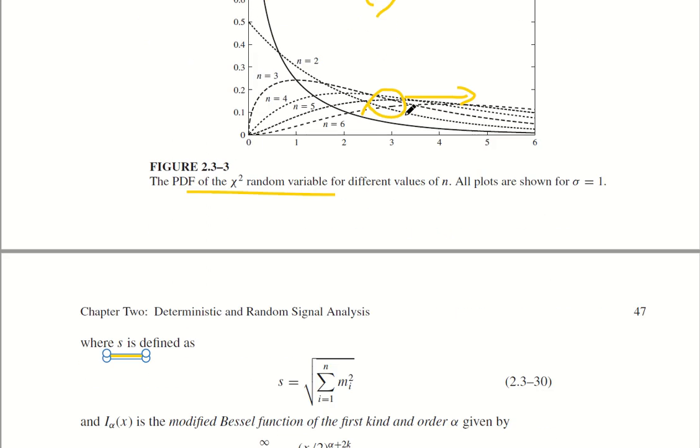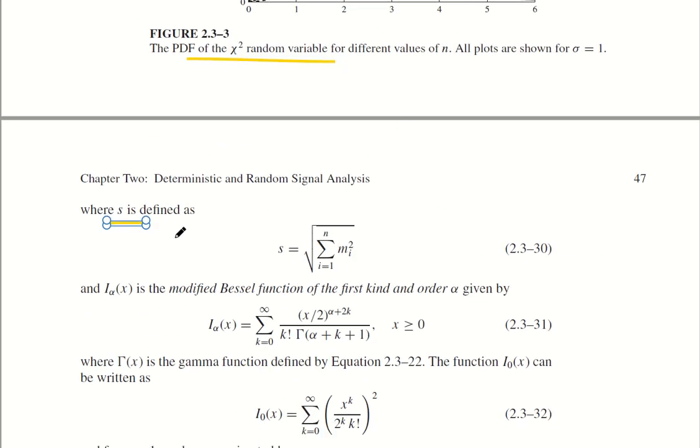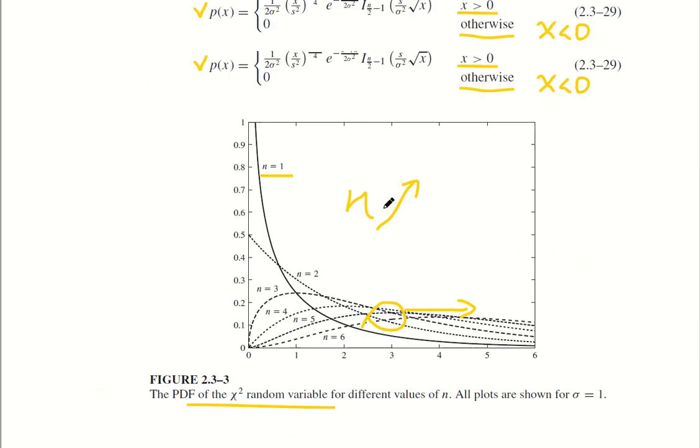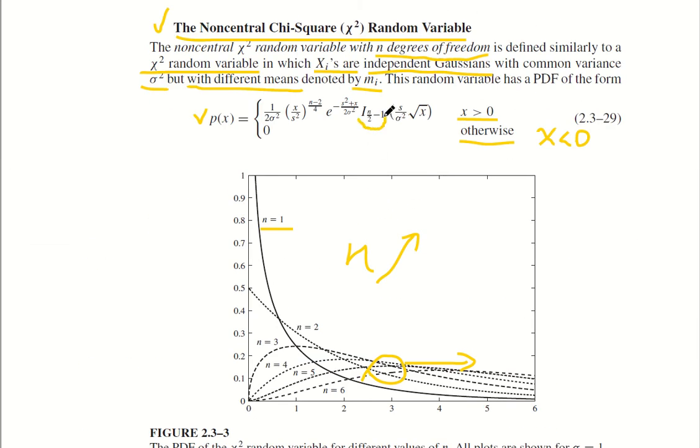But for S, now S is defined as the summation of mean square, right? This is the mean for the Gaussian, and you take the square, and you do the summation. You take square, summation, and then square root. That is the S. And one more thing about this I,